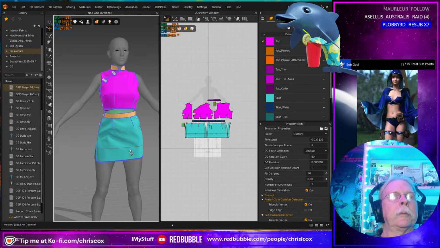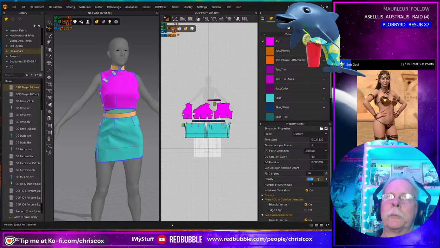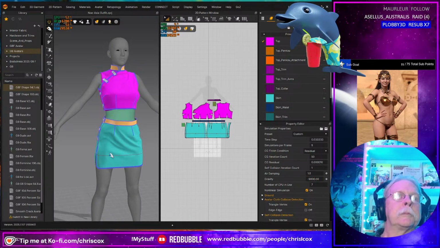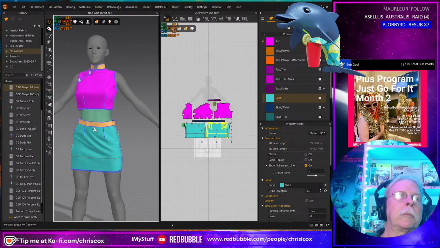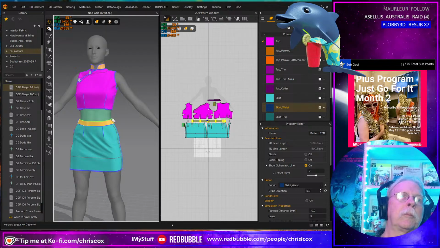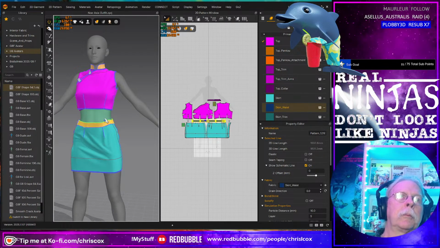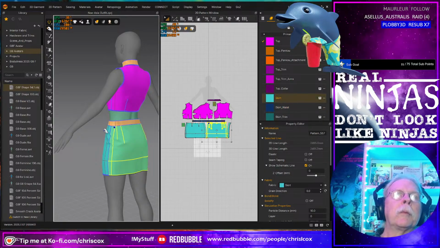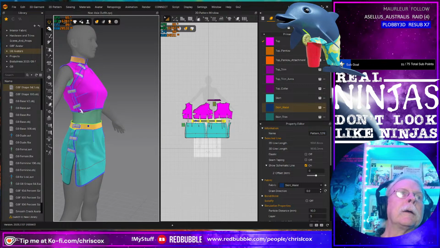Okay, now we'll put gravity back on. I'm going to need gravity to pull that skirt down. That's better. That's probably going to be okay. And how's that top look?